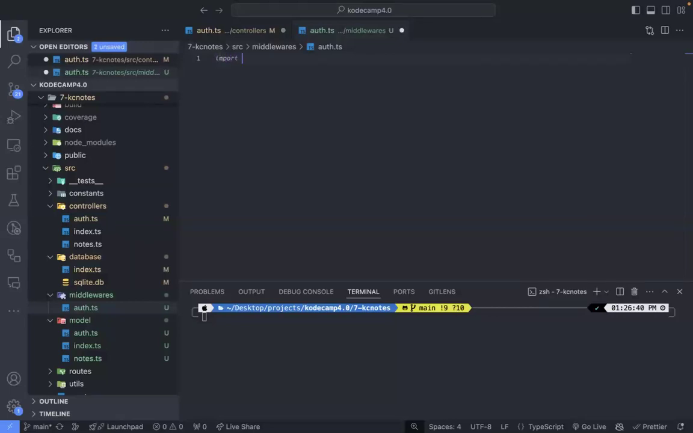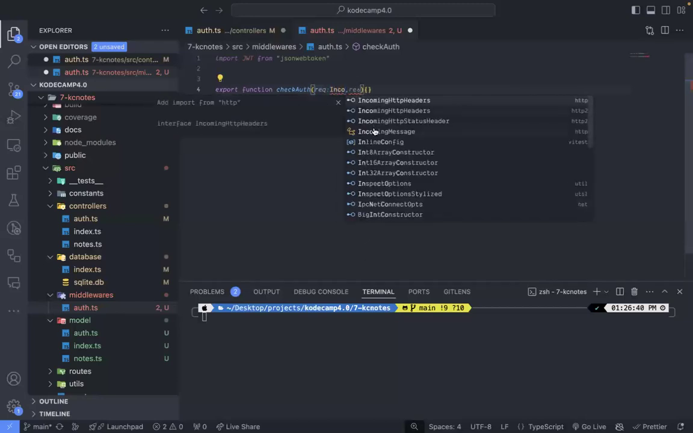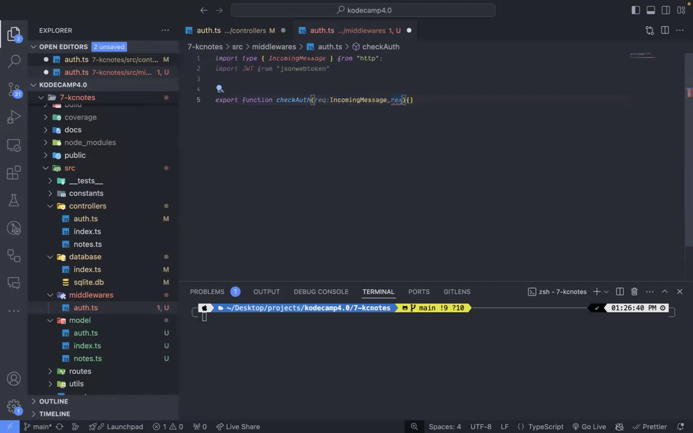So we import JWT from JSON web token like this. The rest will be imported automatically; I don't want to waste time importing them. We say export function, then we name it checkAuth like this. Then we pass in the request and response. The request is an incoming message, and this one is a server